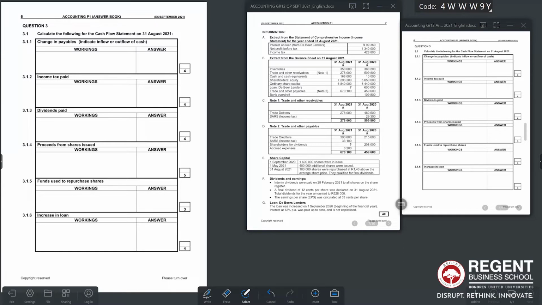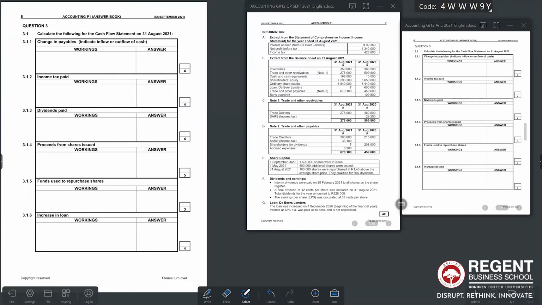Financing, how did you finance your business? Where did you get the money from? Did you issue more shares? Did you buy back the shares repurchased? Did you take a loan? Did you repay a loan? So under